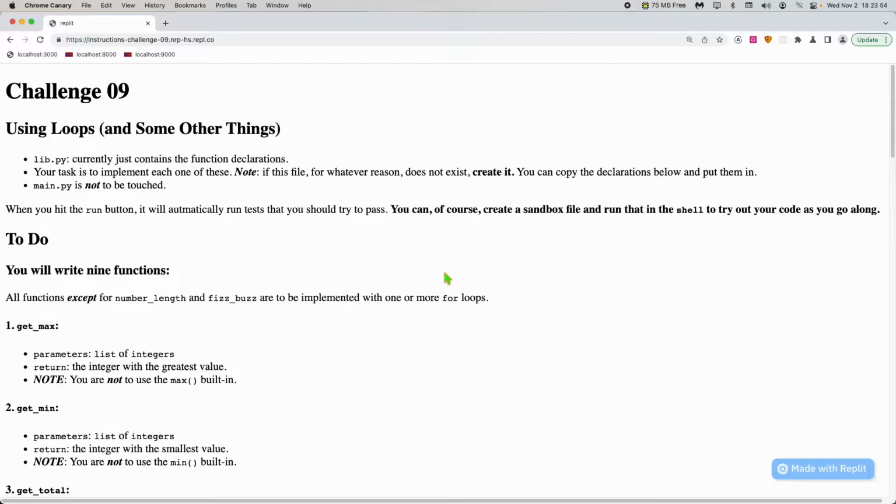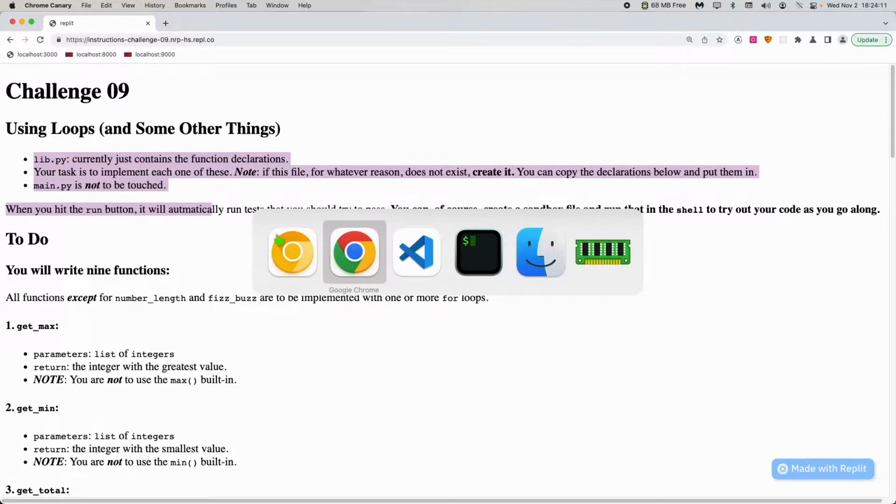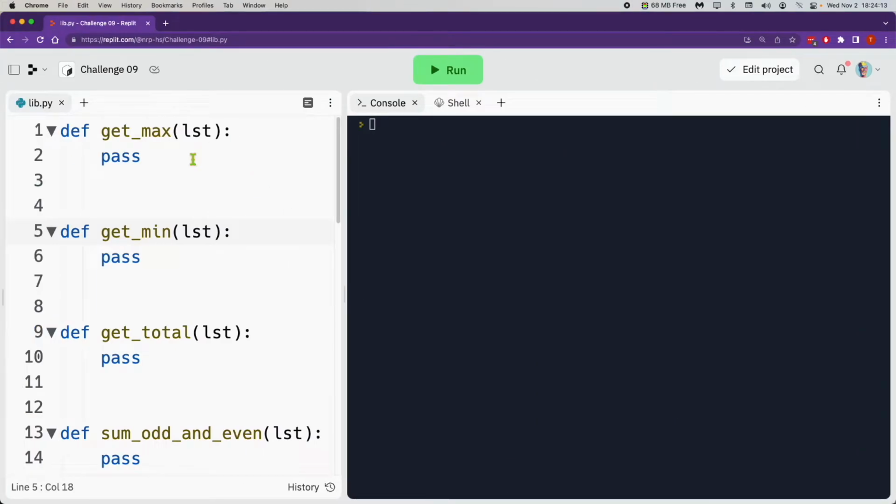This video is just to help you with challenge 9 and give you some pointers for going through it really step by step. So you have the instructions here, and this refers to what you already have in Replit. So if we go to that, you'll see when you go to lib.py, you have a bunch of empty functions